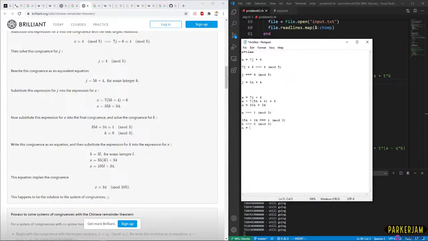So this equals the equation k equals 3l, because there's something that can be multiplied by 3 and it divides evenly. Okay, so if we go back to this guy up here, x equals 35k plus 34, 35 times 3l plus 34. Okay, x equals 105l plus 34. Okay, that all makes sense.